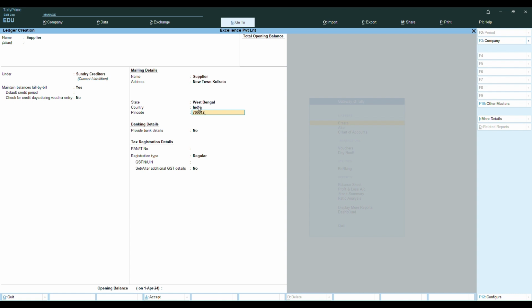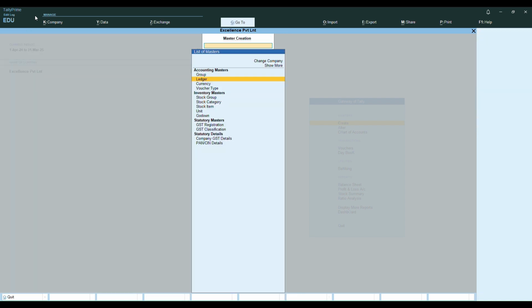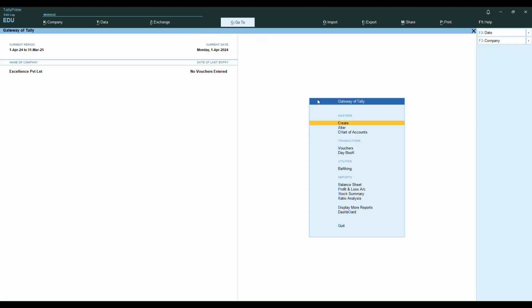Next, let us enter the correct PIN code. Next, we change the registration type to unregistered consumer and accept the entry. We click on the accept button to accept this entry successfully. Then we press the escape button to go back and the A key to confirm.